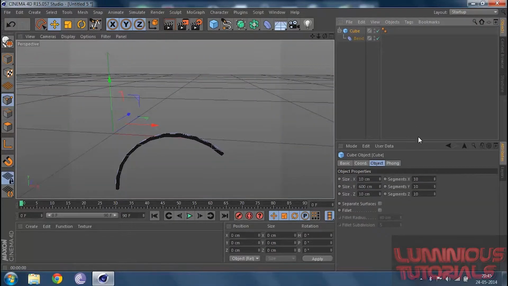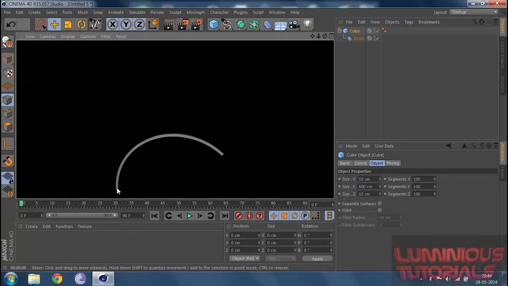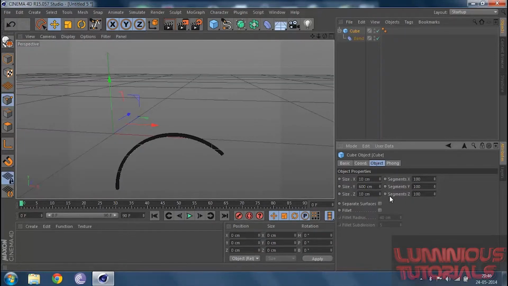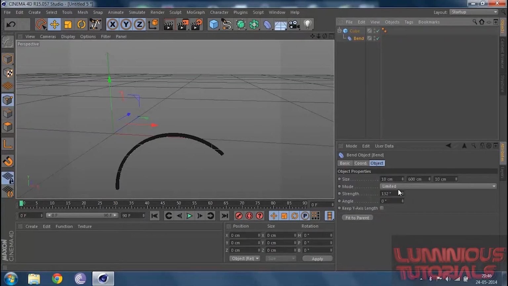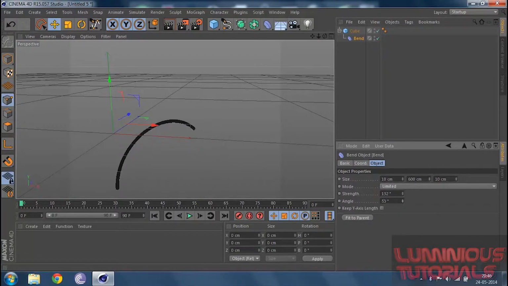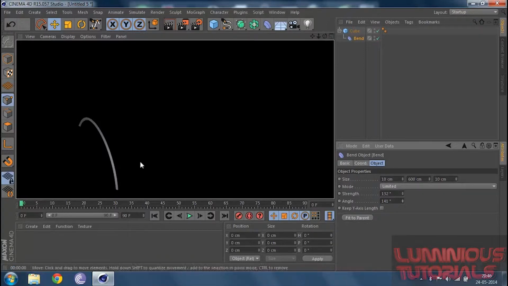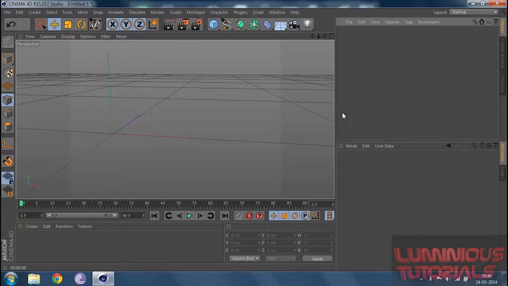So to make it smooth, I can go back to the cube and change the segments to 100 by 100 by 100. Now if I give you a render view, it will be a smooth curve. Also we can change the radius and the bend when we change the strength, but let's change the radius. So you see, it can help you to move it. Let's again get a render view. It's like this. So you see, now we have started to generate interesting results.